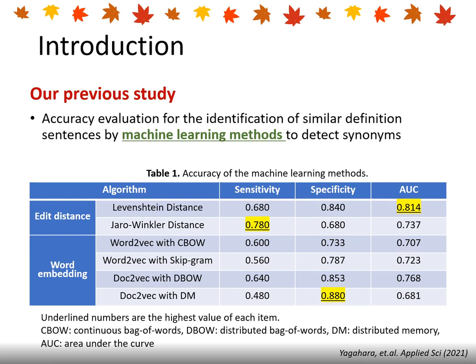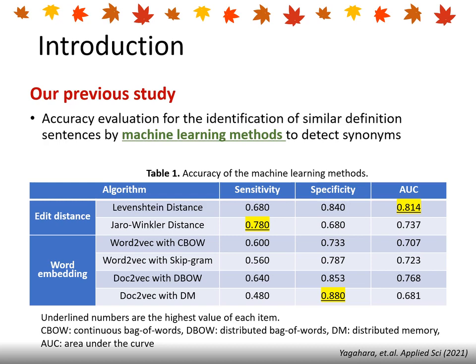Using edit distances and word embedding techniques, we calculated the similarity, then conducted ROC analysis for the evaluation of automatic identification of similar definitions. The accuracy of edit distance was better than that of word embedding methods, and the edit distance was useful for similar definition sentence pairs with common phrases. However, occasionally word embedding methods found similar definition sentence